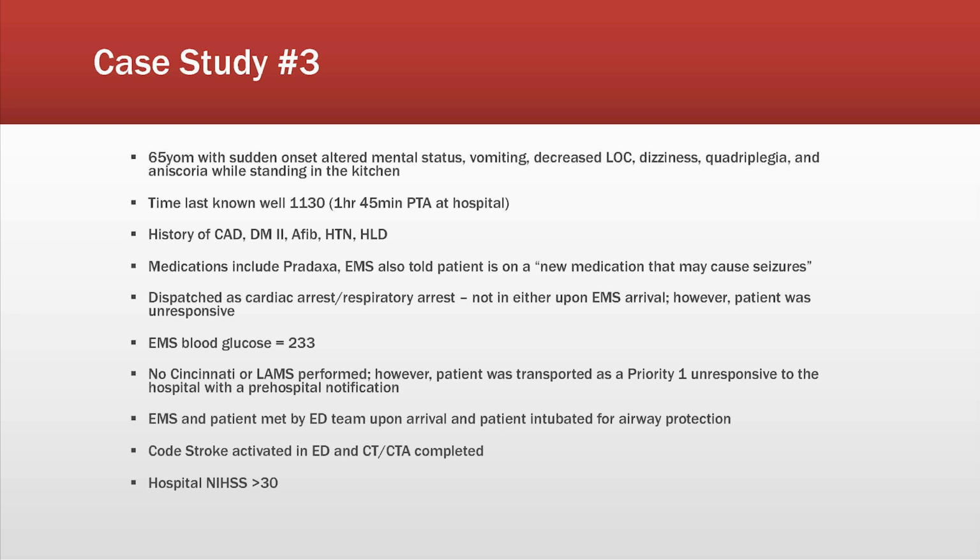The last case study we have to show you is a 65-year-old male that had sudden onset altered mental status, vomiting, decreased level of consciousness, dizziness, quadriplegia, and anisocoria, or pupil changes, while standing in the kitchen. Last known well was equivalent to stroke symptom onset at 11:30, which was an hour and 45 minutes prior to